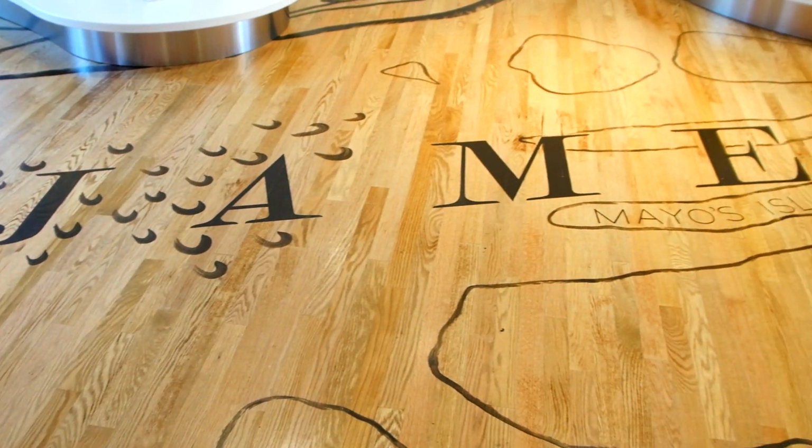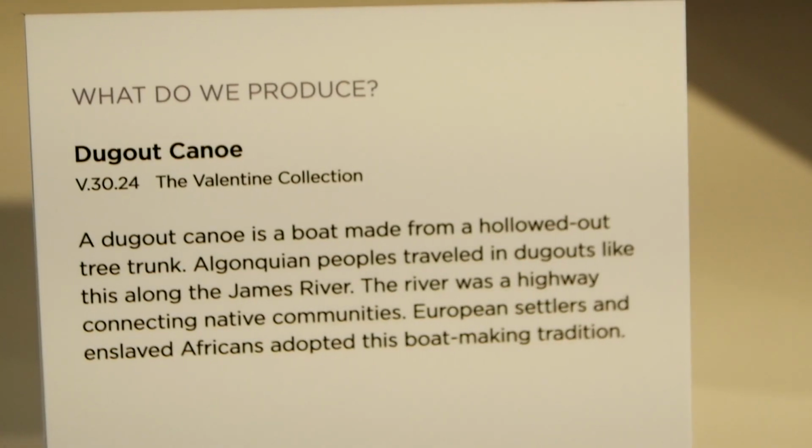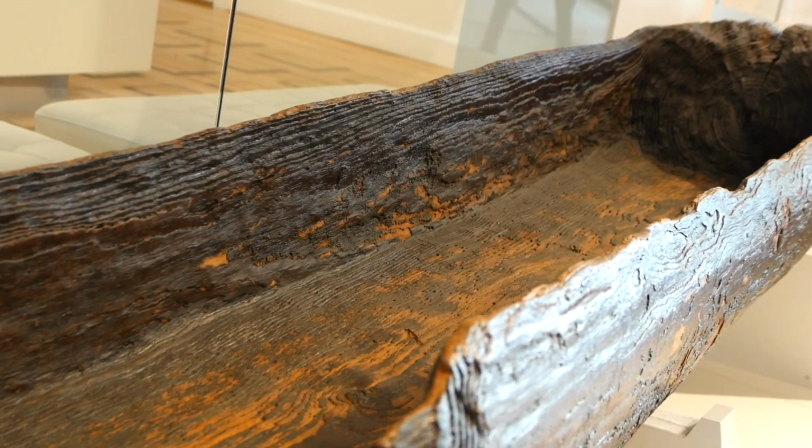So. And what is that? So right here we have a variety of oversized objects related to those questions. Okay. We have a dugout canoe. James River, critical to the existence of Richmond. Absolutely. In a variety of ways, from when Native Americans lived here and were using the James River as means of transportation for themselves and their things. So how old is this canoe, and is it a Native American canoe? It is a Native American canoe that was found in the area in the James River,